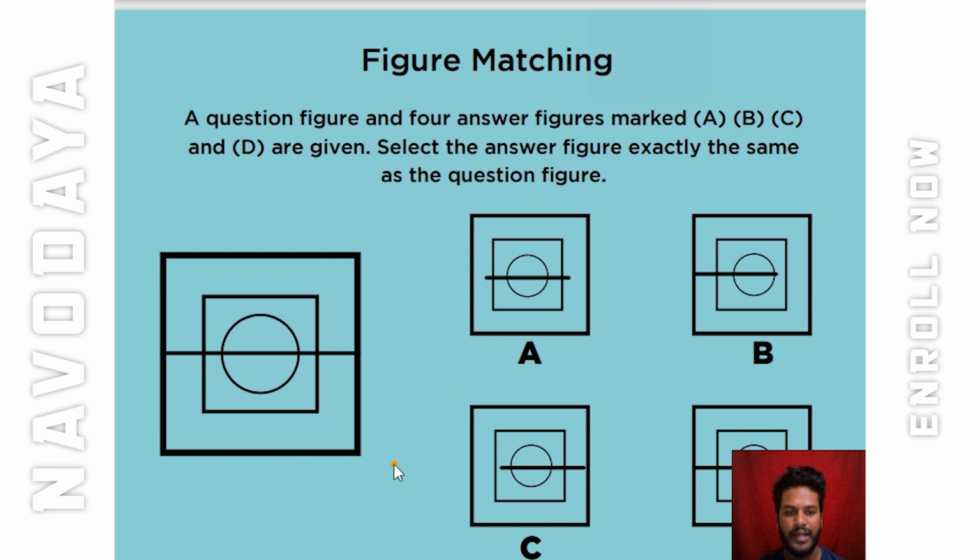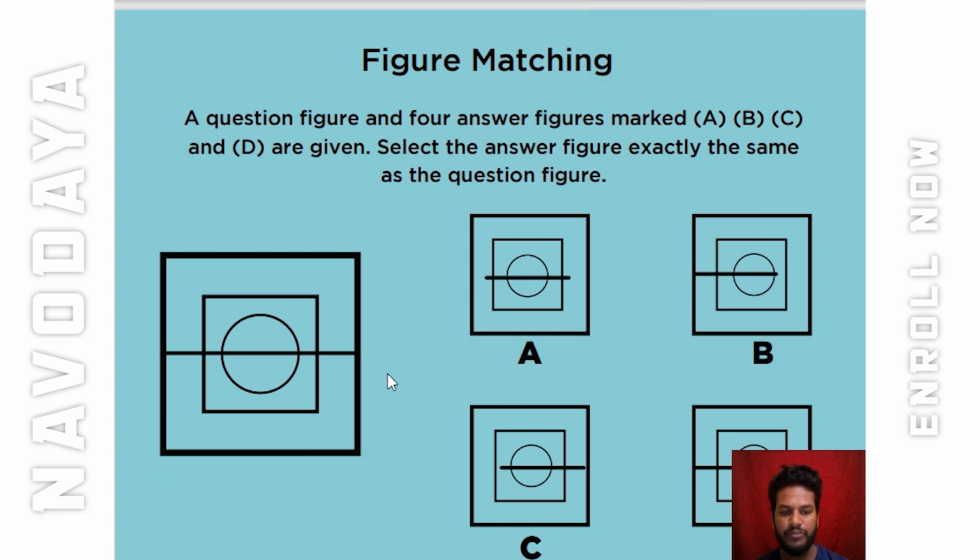You can see on the right hand side over here. They had given us the question figure. Now we need to show the exact matching of the question figure, where we need to identify where it is from. It is in A, which is matching the question figure, B, which is exactly matching the question figure, C is exactly matching the question figure, and D is exactly matching the question figure. We need to identify which is the correct answer, which exactly matches our question figure. Is it clear? Yes, we're gonna do that.